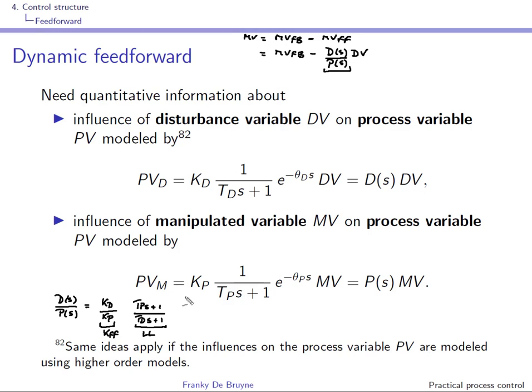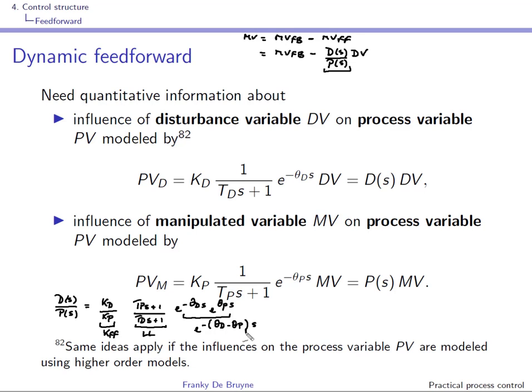And for this one we have to pay attention. It's exponential of minus theta d s divided by this one, so we'll have the exponential of theta p s. This one you can rewrite as the exponential of minus theta d minus theta p